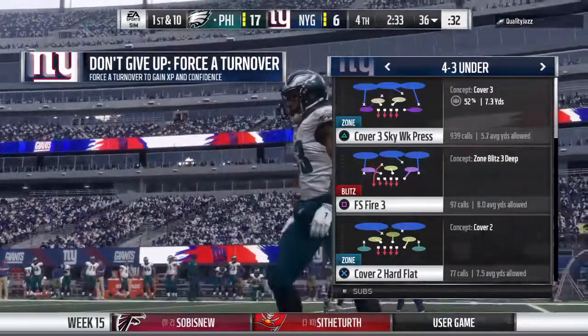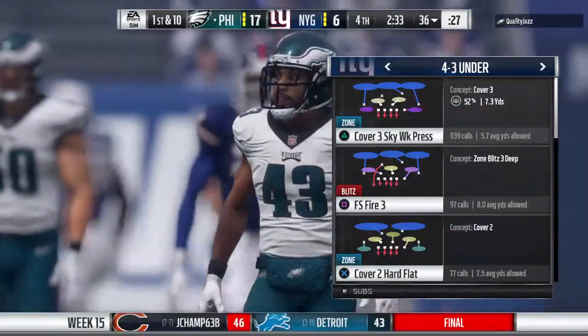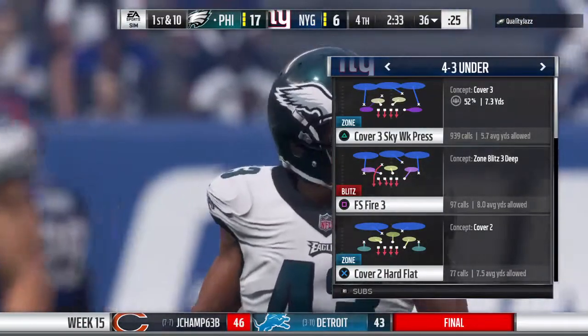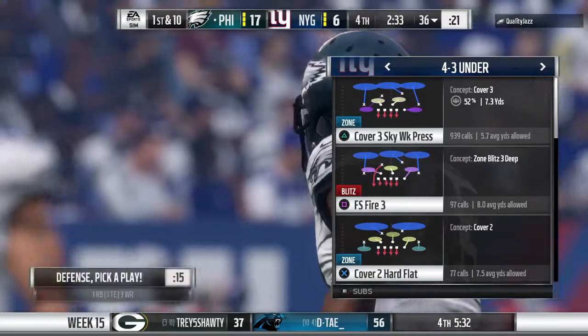Missed field goal. You always feel like you want to get it in the end zone, but then, oh, well, at least we're going to get 3. Didn't go through the goalpost, so. It does test the mental processes of a team, though, doesn't it? Because when you miss a field goal, it's amazing how